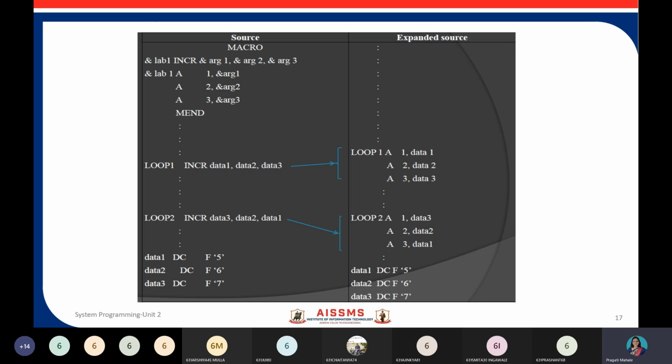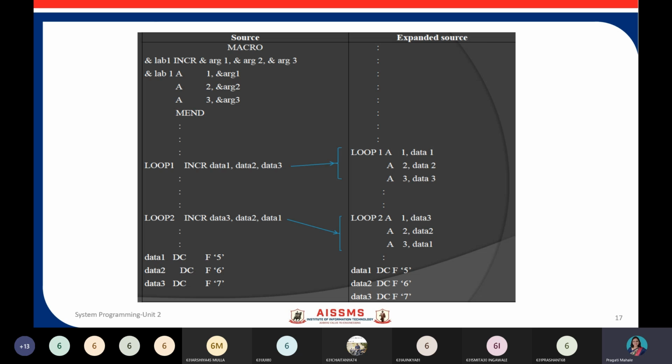Each and every argument is replaced with the actual argument in the expansion, right? Friends, can you see this macro? It has three arguments: argument 1, argument 2, argument 3. When you make a call, you are passing data 1, data 2, data 3.